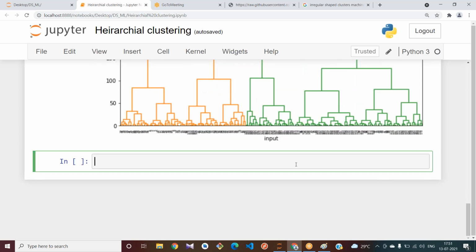Now let us consider k equal to 2, and let us calculate the Silhouette score and compare. How do we do that? From sklearn dot cluster import AgglomerativeClustering.